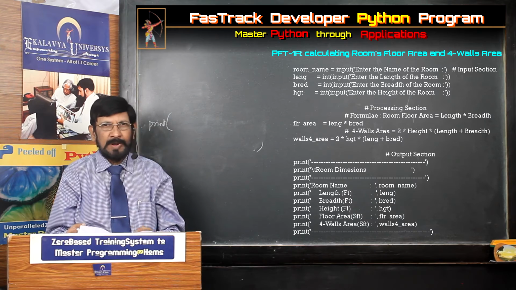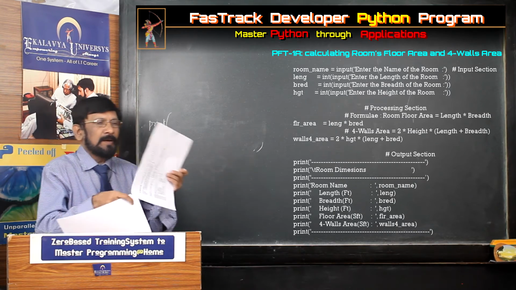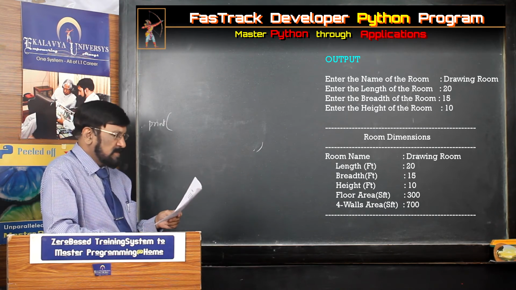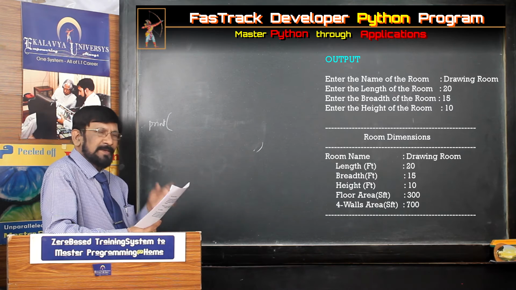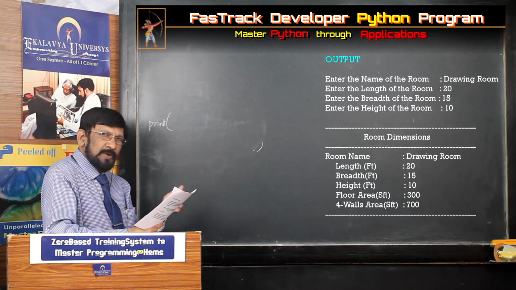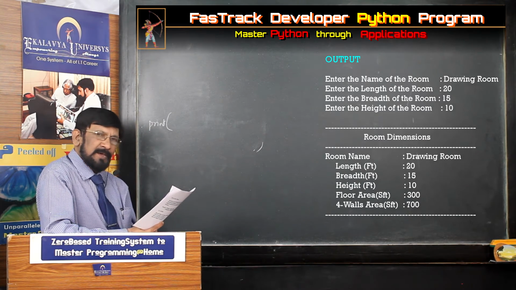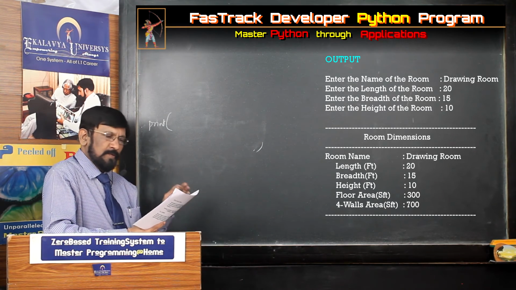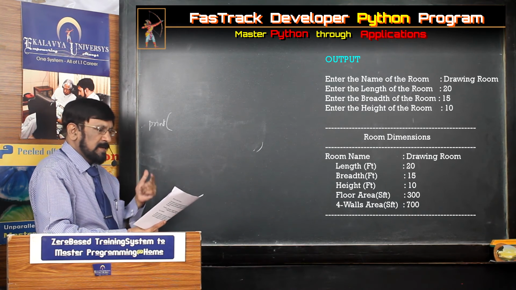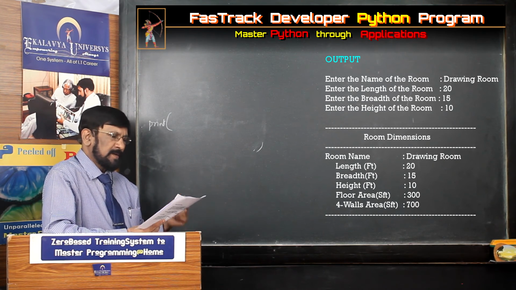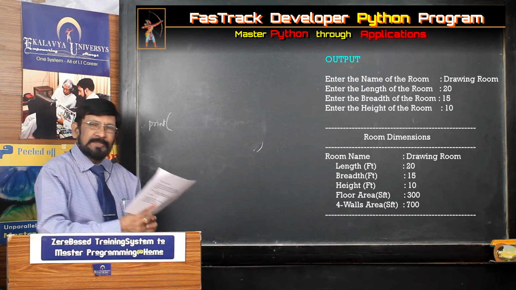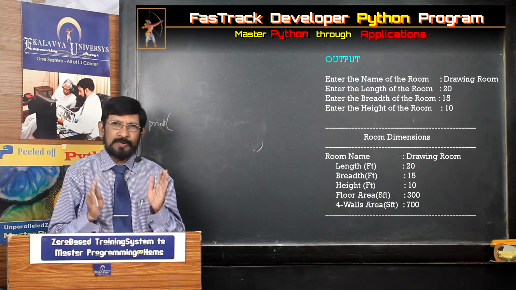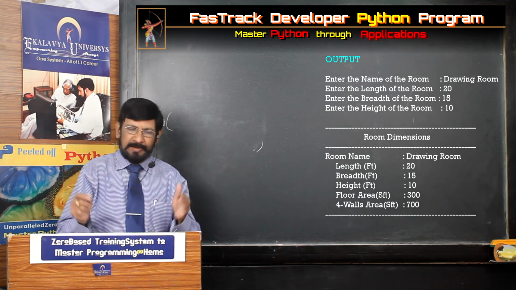So this program you execute, then you get the output like this. Already I showed you this output twice. It should be like this. Now you understand why we have to write prompt statements. Now we see, enter the name of the room, then enter drawing room. Enter the length of the room, you enter 20. Enter the breadth of the room, you enter 15. Enter the height of the room, 10. In this manner, don't be lazy. Then you execute your program, your output should be well formatted. It is a professional program.